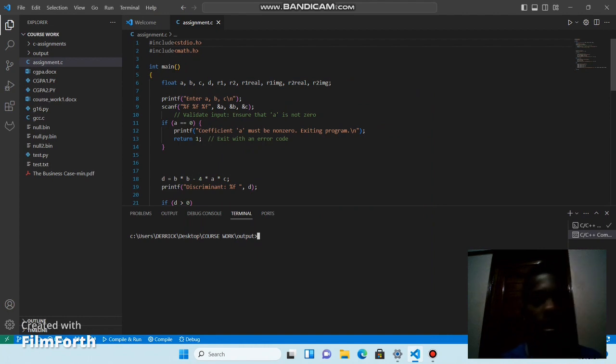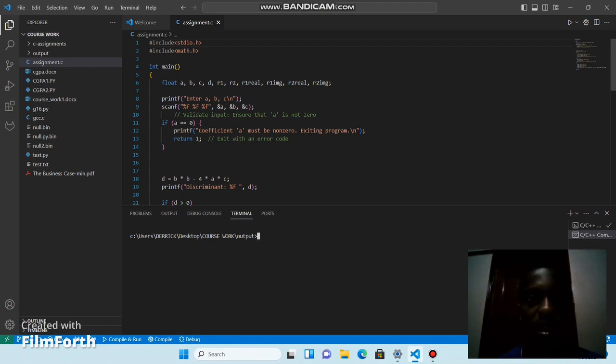As we are coding, we are going to first interpret the question. They told us that the program should prompt the user to enter the coefficients a, b, and c, and we should validate the input to ensure that a is not 0. So what we shall first do is initialize the headers,